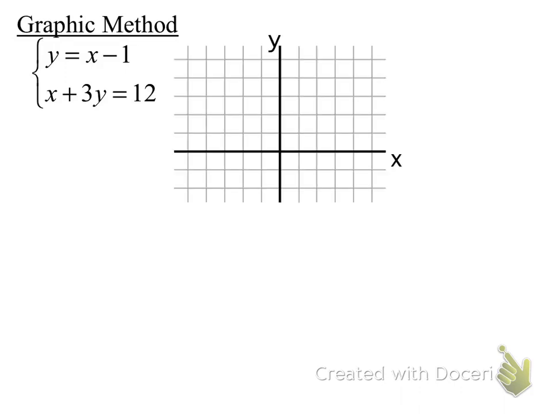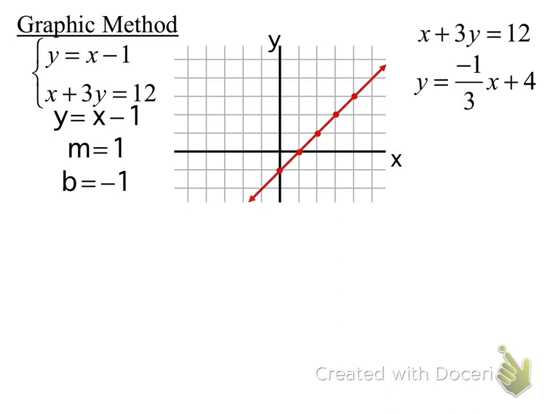When I'm solving something like this, I take my y equals x minus 1, and my m is 1, my b is negative 1, and I plot it. Then I take my b is 4, and I'm going to go down 1 over 3. We don't like to do this graphically because look at the intersection. There's no way for me to estimate what that solution is. So if I'm using substitution,